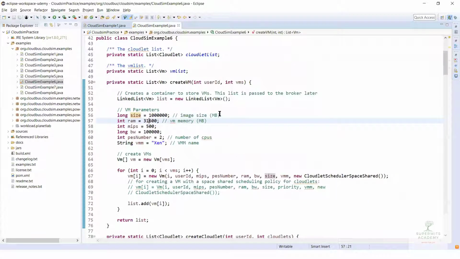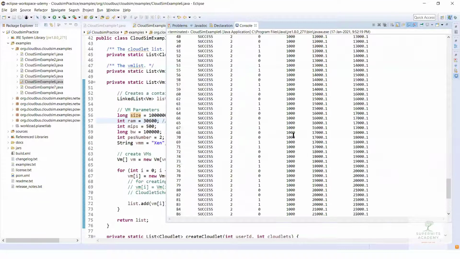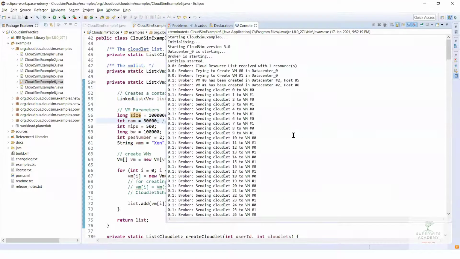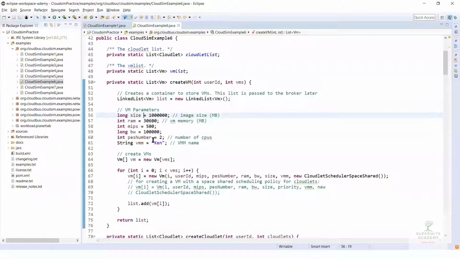So this is the permutation and combination, I think you can look into the system and work it around. If I reduce it to 30,600, because the maximum capacity on the host we have is 30,720, this time the VM will be allocated to the machine, right?